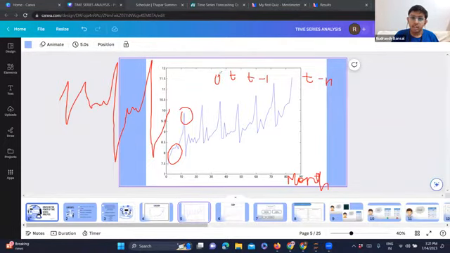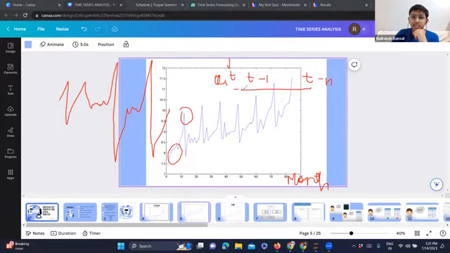And the dependency can vary. Like this could have a larger factor, let's say this factor is A1. So it may be more influenced by time t, because if I want to get your pulse rate just now, it will be more dependent on the pulse rate from 5 seconds ago, as compared to the pulse rate from 5 years ago. So the most recent data is of more crucial importance. These models try to calculate and figure out these values and how many data points it depends on. This is called the number of lags, in technical terms.